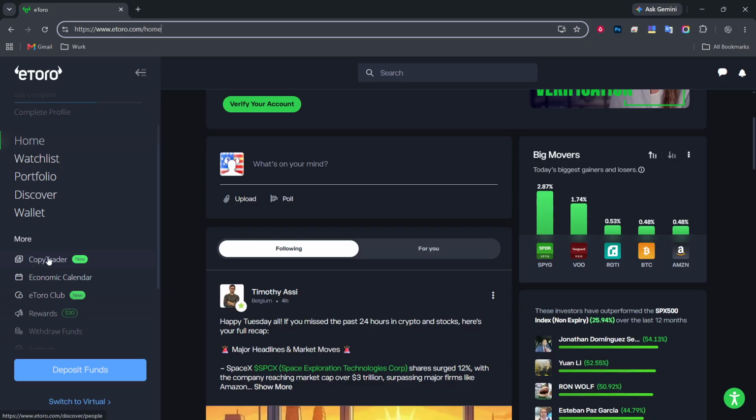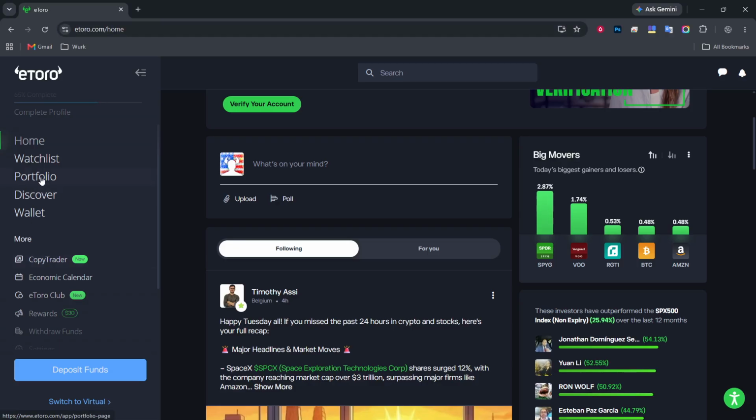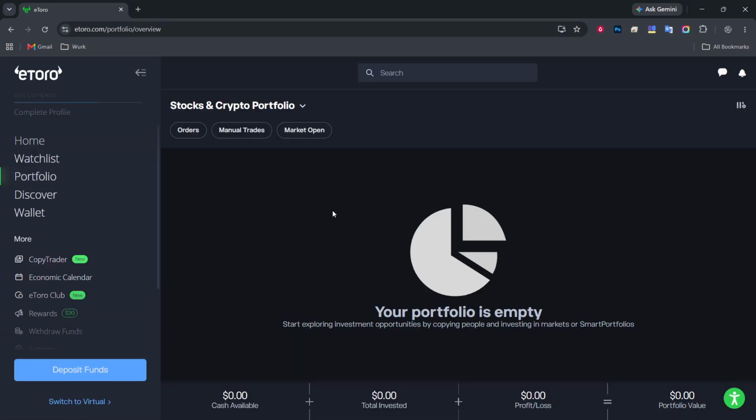Once you're logged in, look for the Real Portfolio option or your username menu, typically found on the left side of the screen. Click on it to reveal a drop-down menu. From there, you will see various options, and you'll want to select Virtual Portfolio. This switch is what transforms your account into a demo environment, allowing you to practice without any financial risk. This step is important because it ensures you are in the correct mode for learning and experimenting.